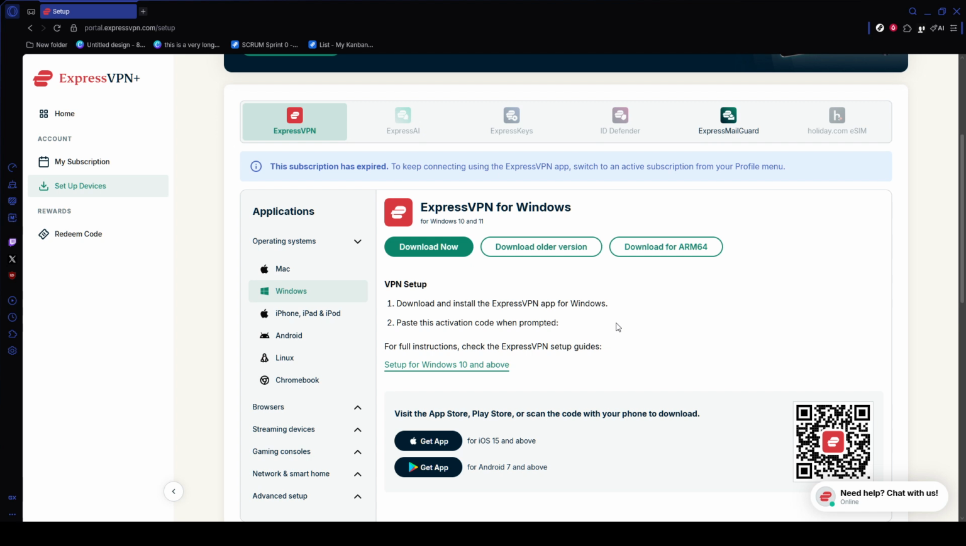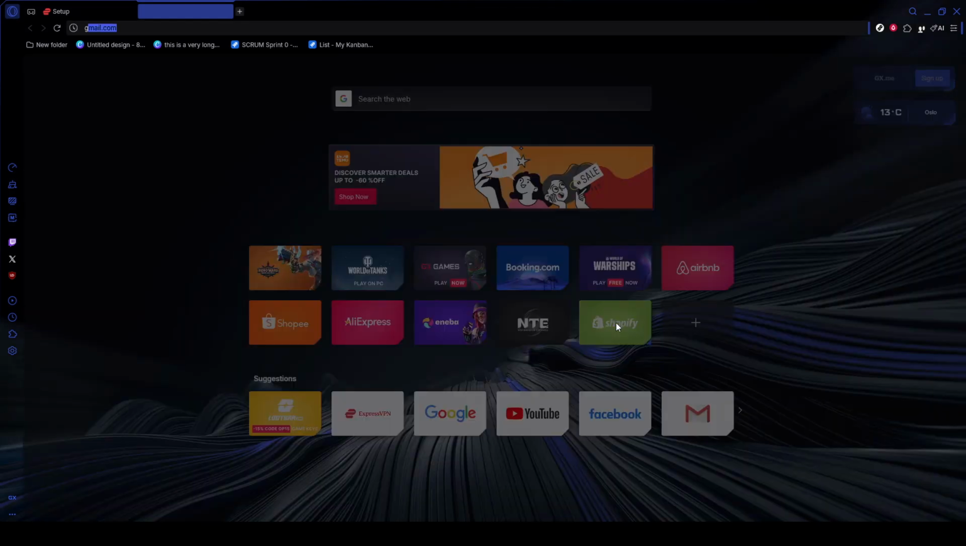Now return to the main app screen and choose a VPN server location. Click the location selector, browse through the recommended list or all locations, and select the country or city you want to connect to. Once selected, the app will connect and show a green